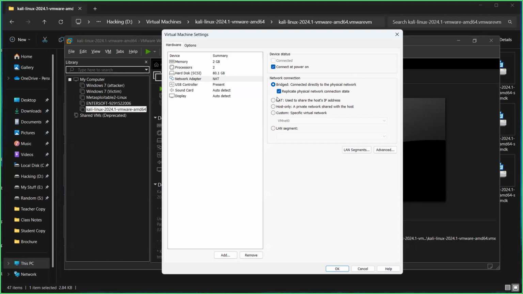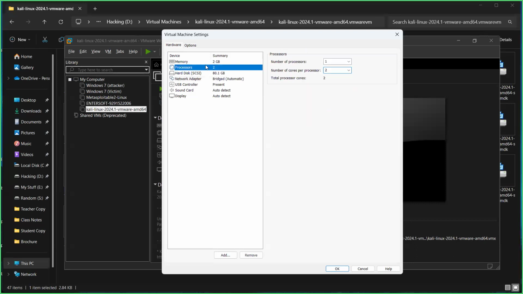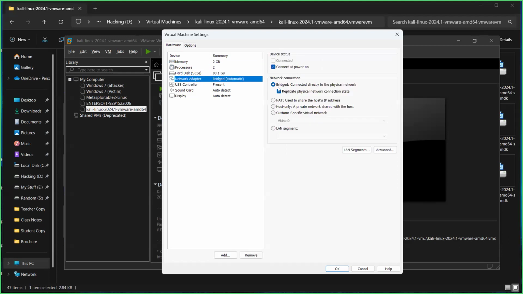If you put it in another mode, the virtual machines will be in a different network and the base machine, the Windows machine, will be in a different network. So we don't want that. We want communication to happen between the virtual machines and the base machine. So we'll select bridged over here. And once that is done, nothing else to modify, guys. Memory, 2 gigabytes, processor, one processor, network adapter, bridged adapter. That's all. Click on OK.